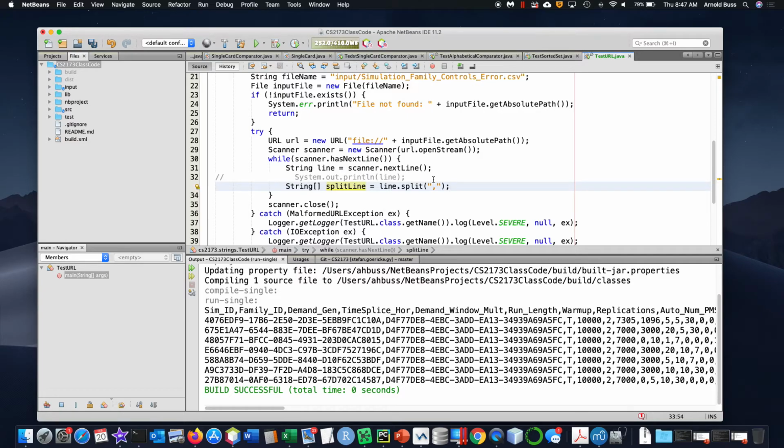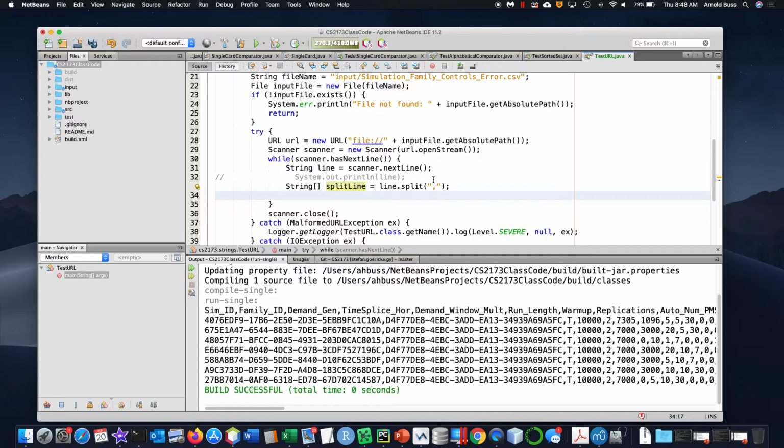Here I'm splitting it on a comma, and the comma in a comma-separated file is a